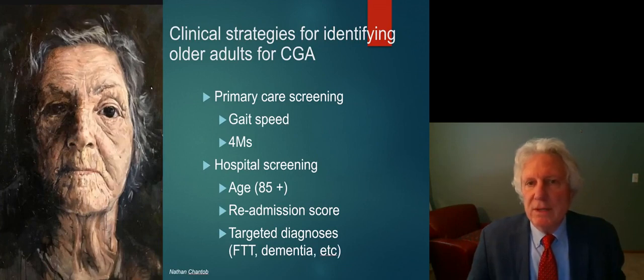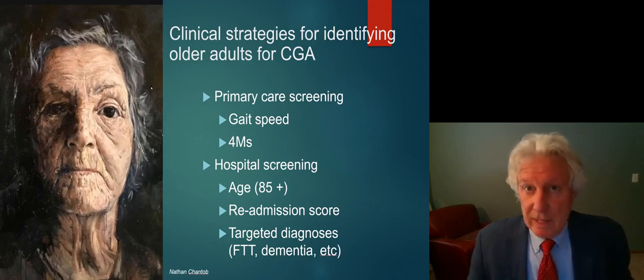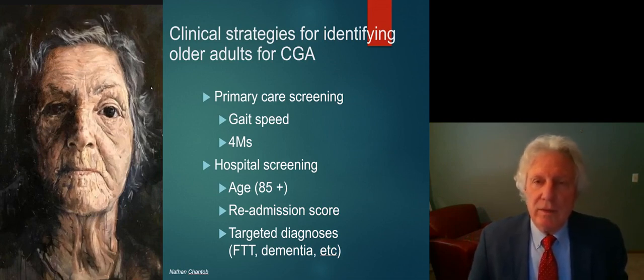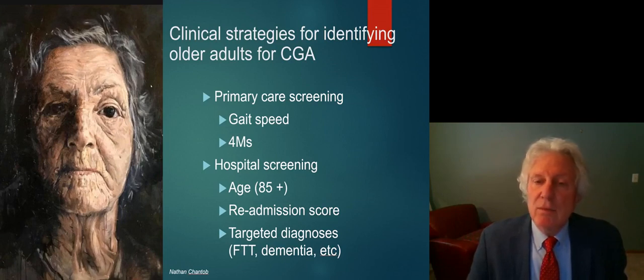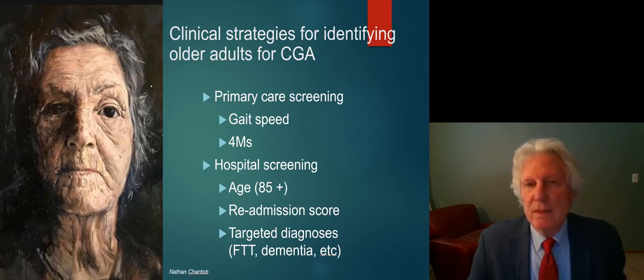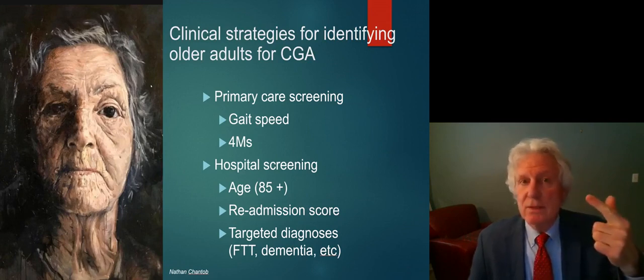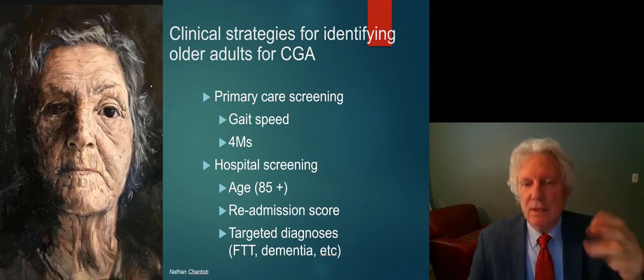So there's a variety of clinical strategies for identifying older adults who would benefit from comprehensive geriatric assessment. In primary care, I advocate gait speed, and this is what we're implementing in the clinic that I'm associated with. Anybody that has a gait speed of less than 1 meter per second will then get referred to the geriatric assessment program. Another way to identify older adults for comprehensive geriatric screening is to perform assessments around the 4 M's. So that's what matters, medications, mobility, and mentation. And if any of those tests are screened positive, a referral to geriatrics would